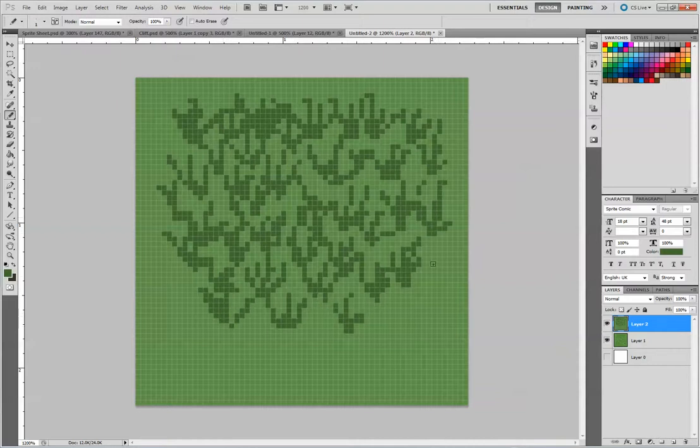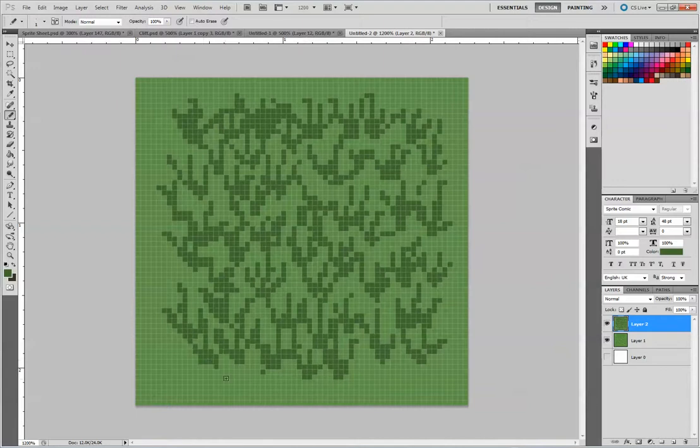Now we're not going to tile the grass, but we will have a centerpiece that we will use just to tile. We won't need to actually offset it this time. It should work just fine on its own, but what we will need to do is make sure that the edges are completely open. We don't want to have them with